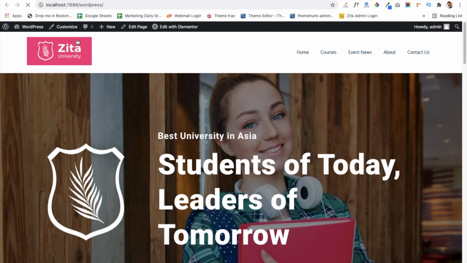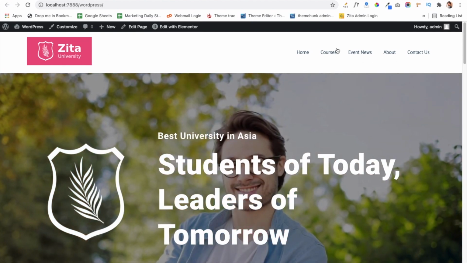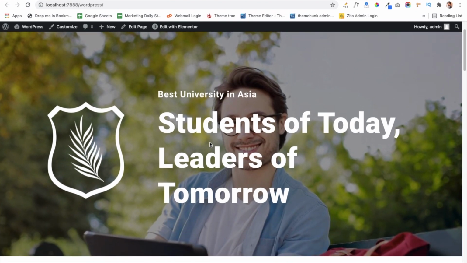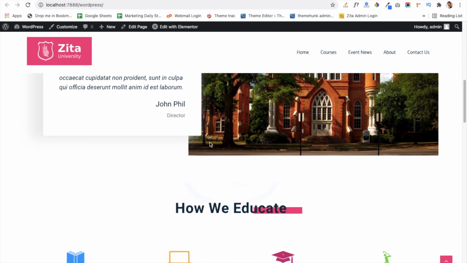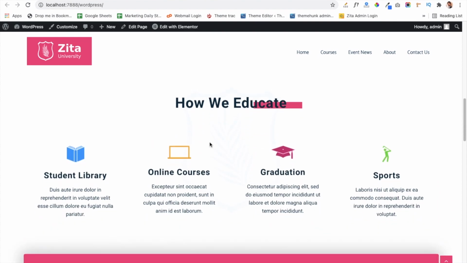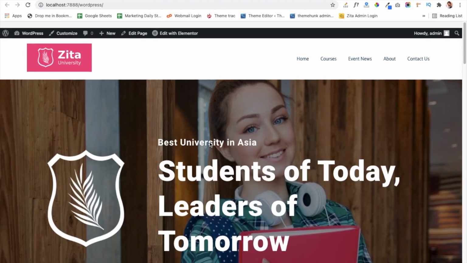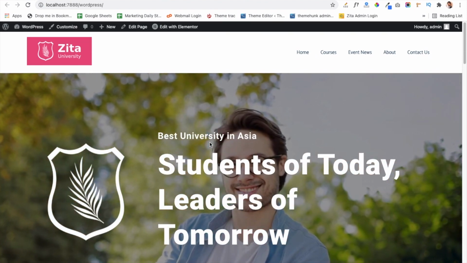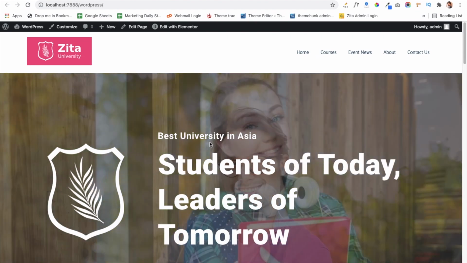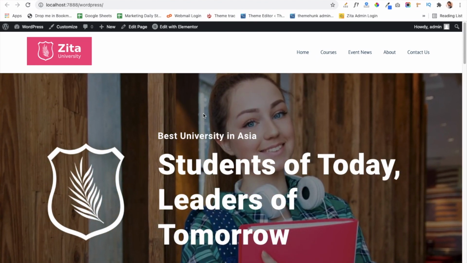So now you can see our logo is shown here, the menu area is showing our menu content, our slider area is also showing, our about us content is also imported properly, and all the content of our website is imported here. Now we will check how to use this Elementor Builder and how we can manage all the home page settings with the help of Elementor Builder.